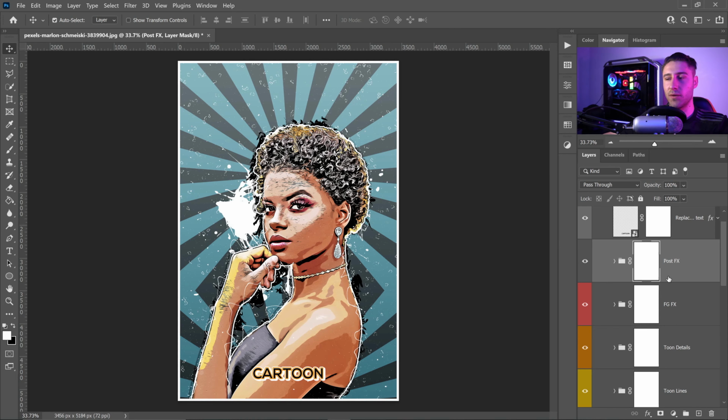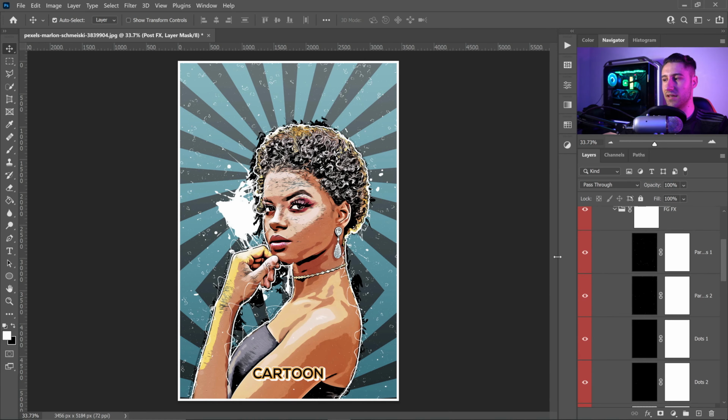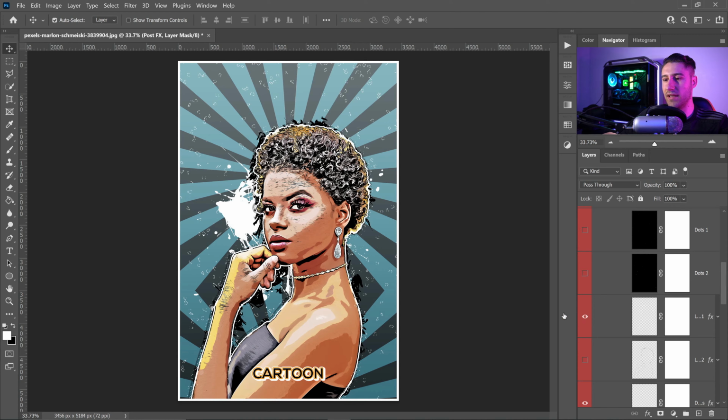Moving on to the next one, we have the FG effects. So this is basically like the little details that you can see. And if you wanted to, you could turn it off. I don't really want the little dots. So this one will be the lines. If you have a look at the one that says right here, line effect 1, this is basically these little squiggly lines. And let's say that you did want to have it, but you didn't want it on a